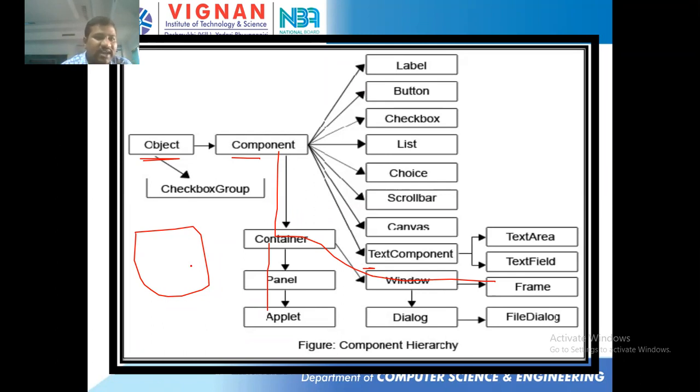Any one object I can create. After creating any one object, I get a container, either a frame, or else I get one applet in a rectangular box or square box. I get one interface or one container. On that container, I can place this checkbox, or this list, or this